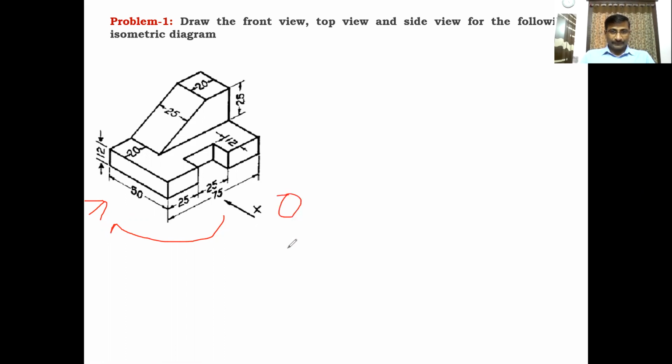When the observer is at this place, for the front view, this direction is the left side of the observer. So we can draw the left side view for this diagram. So the left side view must be to the right side of the front view. Clear? So before starting to convert this diagram into orthographic views, we have to know the length, width,